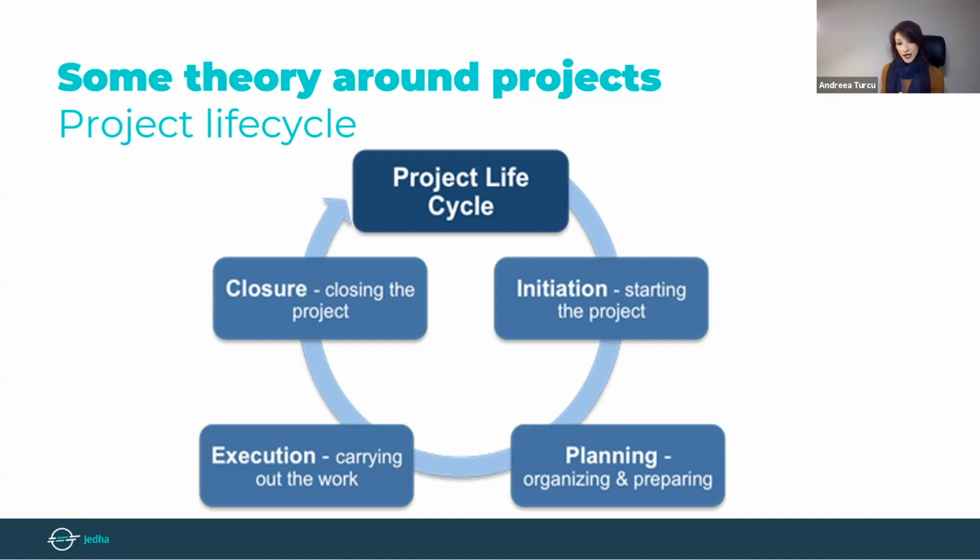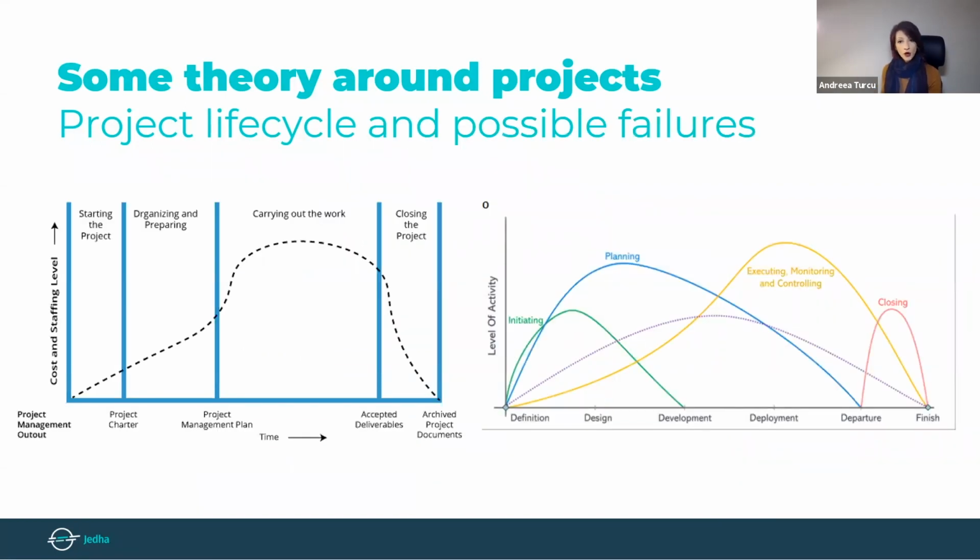The initiation phase is the first phase of a project and is the beginning of it. The planning phase concerns organizing and preparing everything that surrounds this specific project. The execution and implementation phase are carrying out the project, and the termination phase is closing the project and receiving feedback and next steps. At the completion of the project, given the time and the level of activity, the cost and staffing would project in volume these two particular curves.